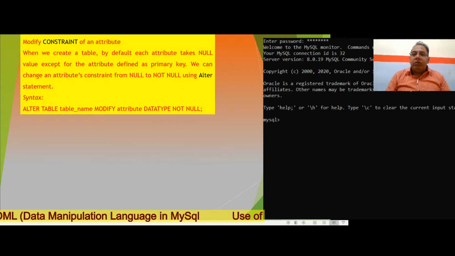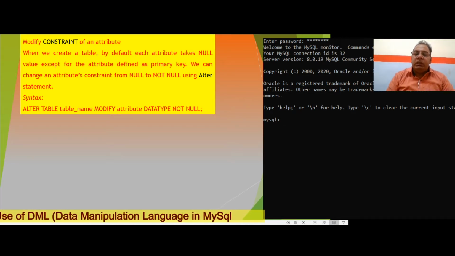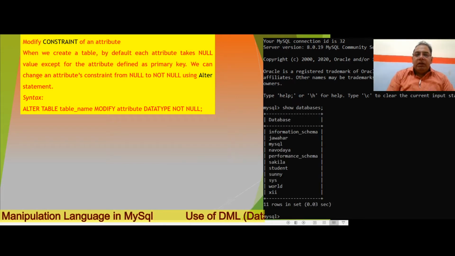First of all, we have the first query about constraints. Yesterday we applied constraints on our table during the creation of the structure of a table. For example, yesterday we created a database as 11th. First I want to display the list of databases to get my database to work with. To get the databases, as we already stated, we write show databases. A list will appear of all the databases residing in my system right now.